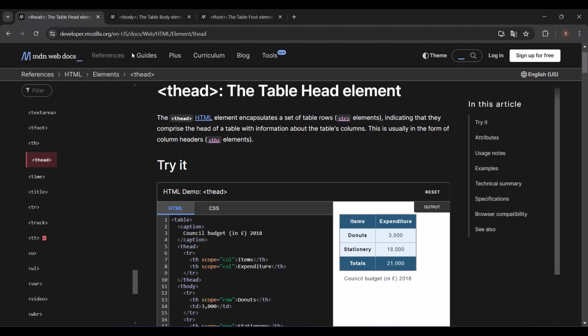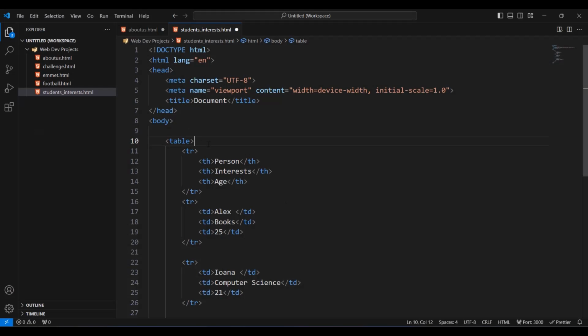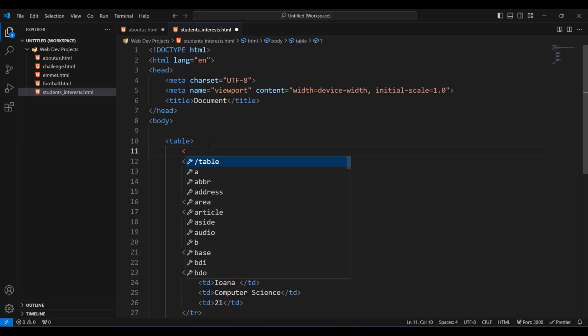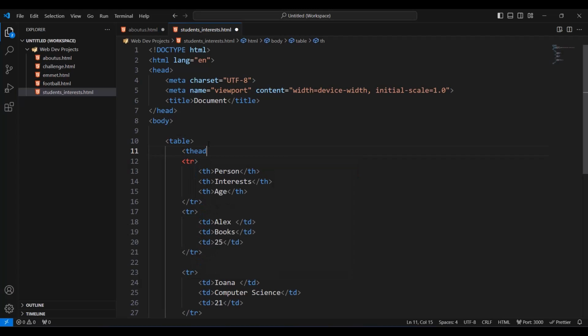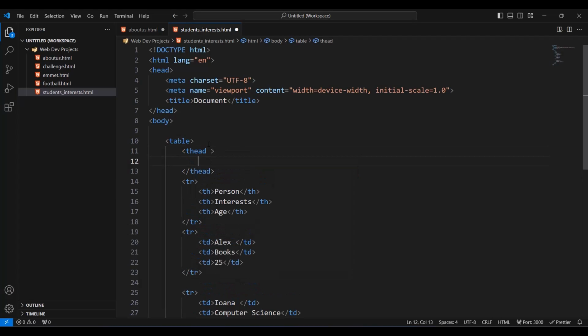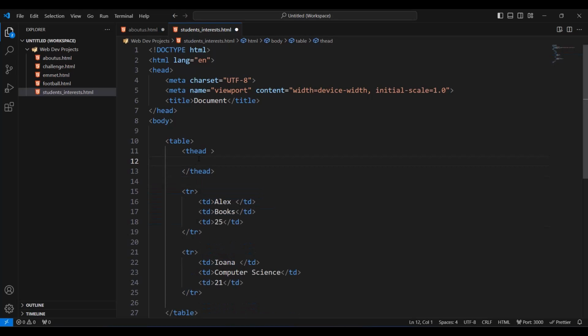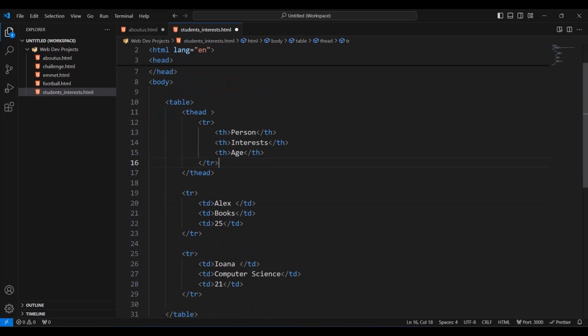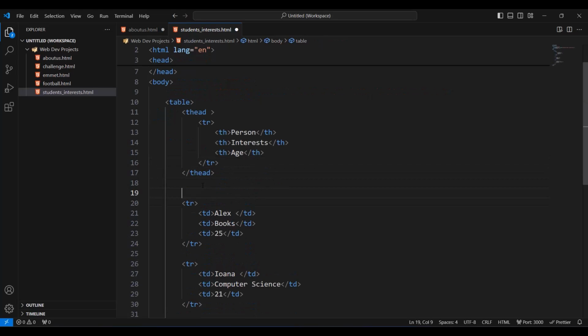Welcome back. Now it's time to introduce three straightforward elements which don't do too much. They only divide your code into logical sections, and those are the t-head, t-body, and t-foot. Let's open Visual Studio and let's start with the first one, which is the t-head we use for grouping the headers. So I'm going to copy the headers and paste them here. Next, I'm going to use t-body, and this is for the body of our table.